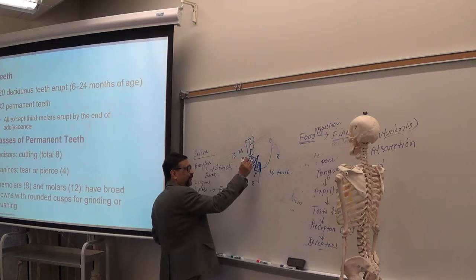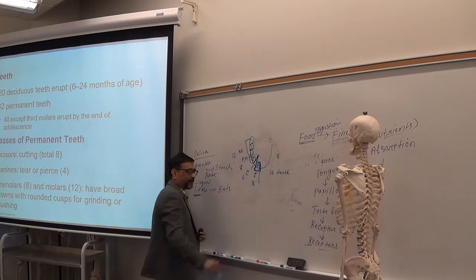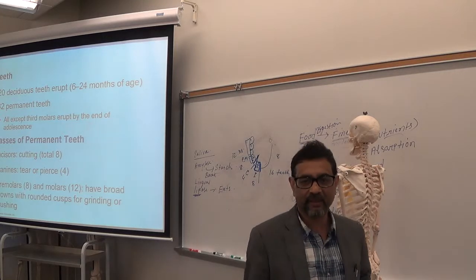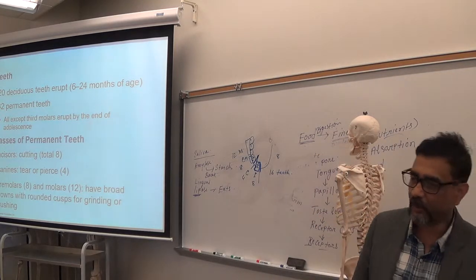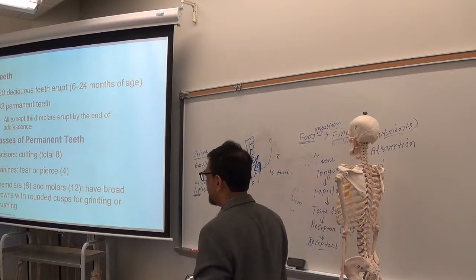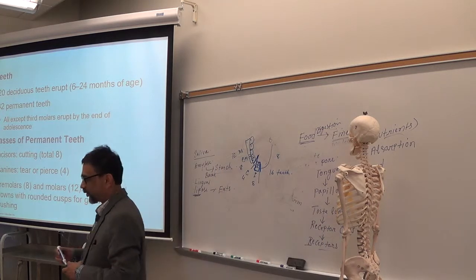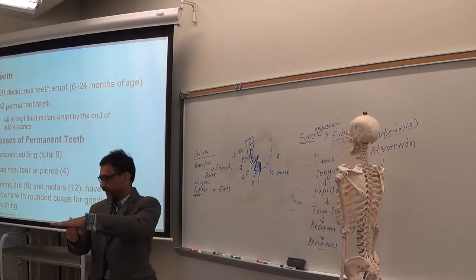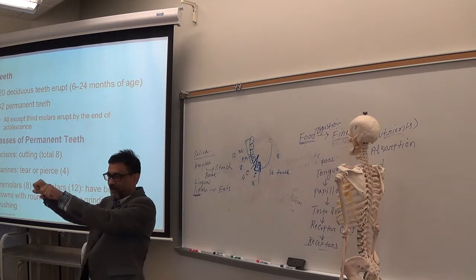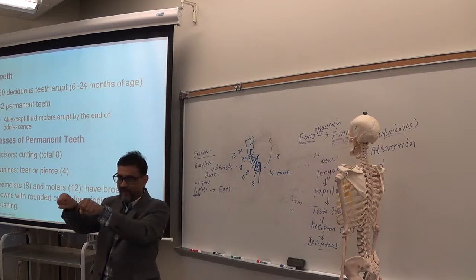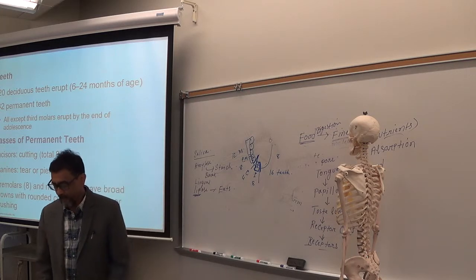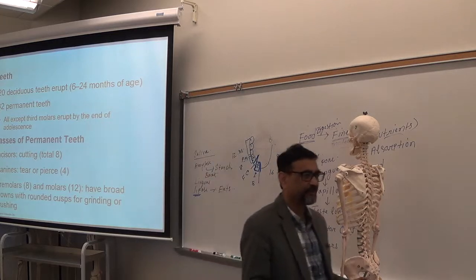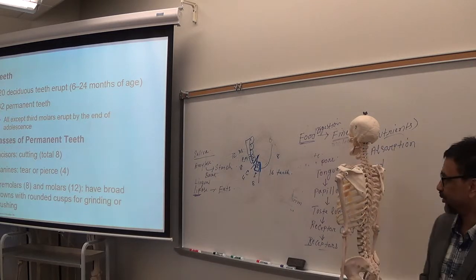Premolars and molars help in grinding the food. Particularly the molars help to crush the food, because if you see the surface of a molar and premolar, it's like this. So you can grind and crush the food. So those are the important functions of different types of tooth.